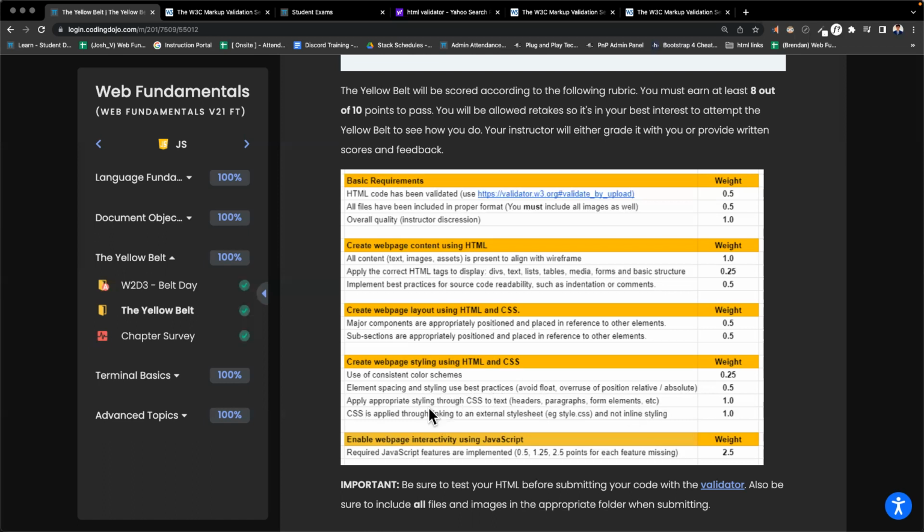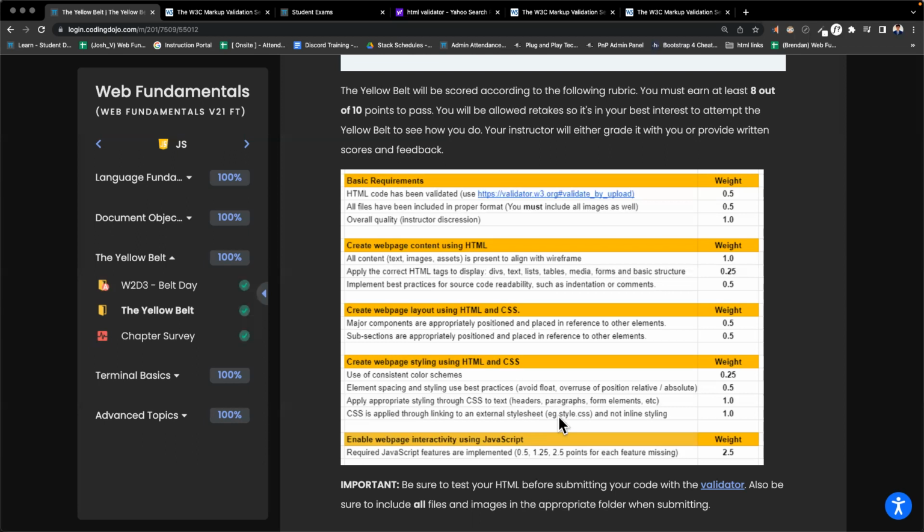The CSS is applied through linking an external style sheet. So don't apply inline styling into the HTML. We haven't done that anyways. I've seen you guys have been pretty good about this. Apply the style in the CSS. Sometimes when you do an internet search, you'll see a result of them putting the style in the HTML. Even if that works and that makes the HTML behave accordingly, don't put style in the HTML, put it in the CSS, separate them. Okay, that's one whole point.